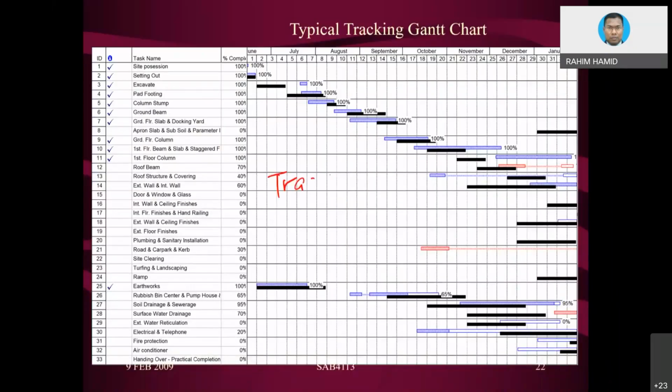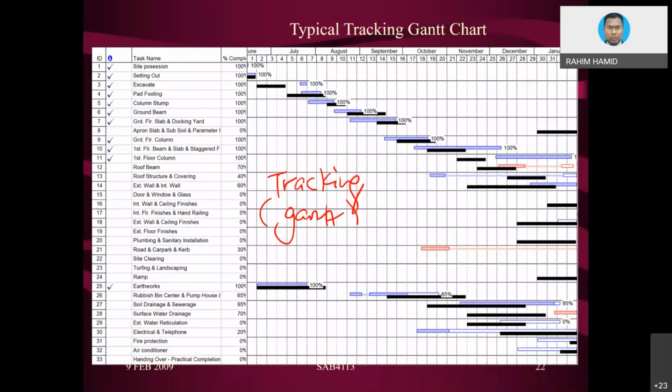T-R-A-C, tracking gun. Tracking gun. The one that I show you, tracking gun is being generated or printed out from Microsoft Project. Later on, when we learn about Microsoft Project, once we update the project, give some sample of the project tracking, then you can see this kind of